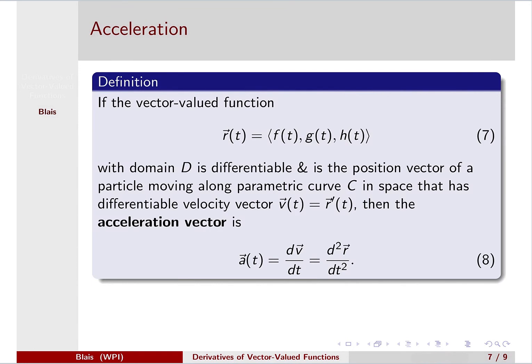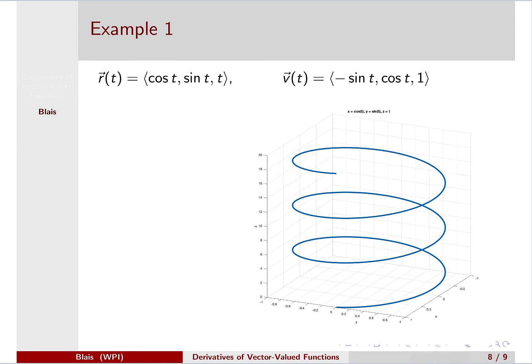In the same setting, given our position vector, if our velocity vector is also differentiable, then its derivative is the acceleration vector. And so to do so, we take our time derivative of the velocity vector, or second derivative of the position vector, or f double prime of t, g double prime of t, h double prime of t. If we look at our previous example,